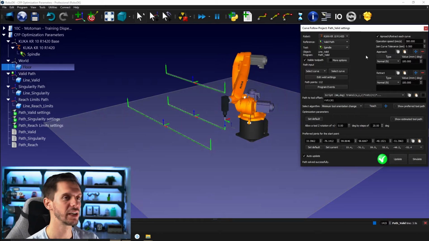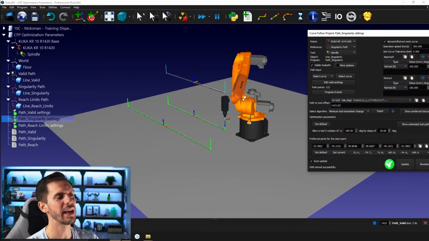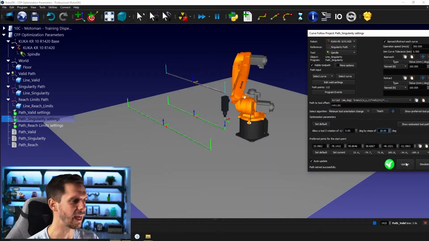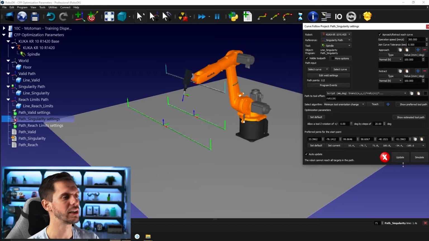If I go for the second path here at the top, I created it exactly where I know I will be reaching a singularity. If I enter 0 here to allow a tool Z rotation of plus or minus 0, that means that I don't allow RoboDK to have any room to work. It needs to follow the path with the right orientation. If I click update, I will have a message here telling me robot cannot reach all targets in the path. That means that I can start the path, but at some point there's something wrong with it. If I click on simulate,